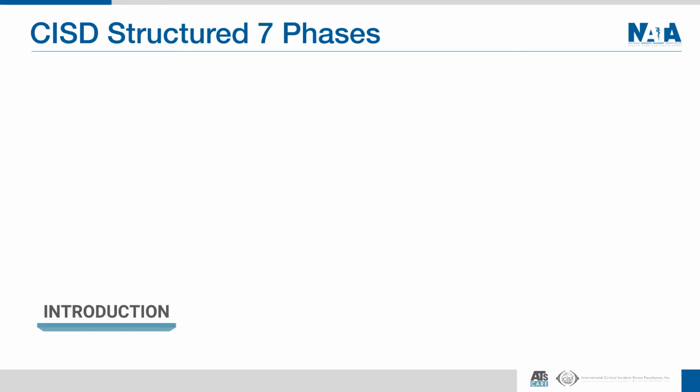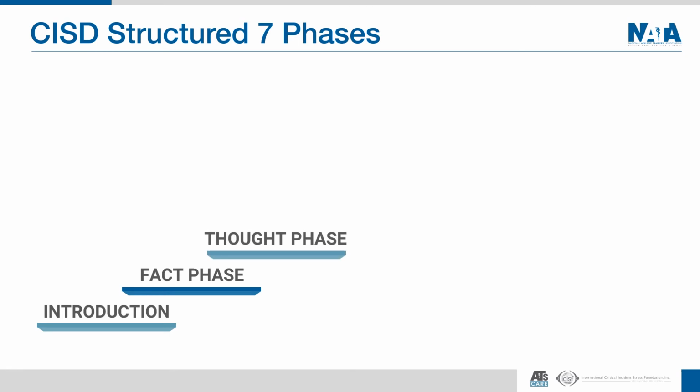The critical incident stress debriefing is made up of 7 distinct phases, and each of these phases has a specific purpose. So we're going to go through those, but let's get a feeling for the way that the CISD progresses. There's an introduction. Then is there a fact phase? After that, we talk about thoughts that individuals are having. Then we have a reaction phase, and in the reaction phase, we really get into the emotional responses, how this thing is affecting someone psychologically, and what kinds of symptoms or what kinds of feelings and thoughts they may be